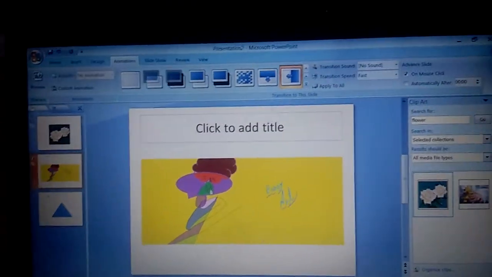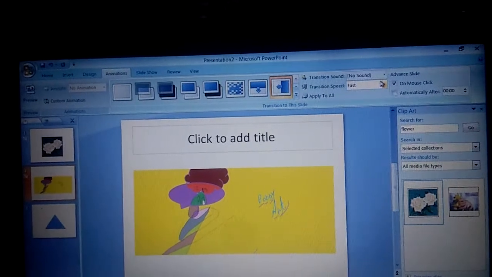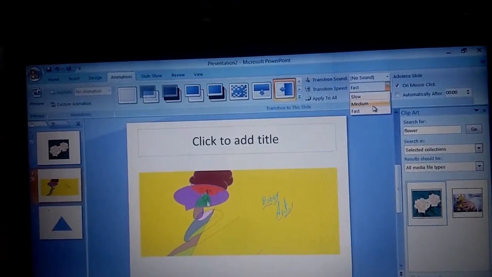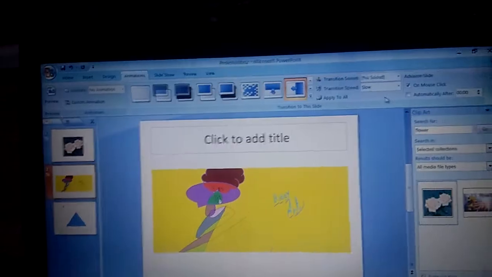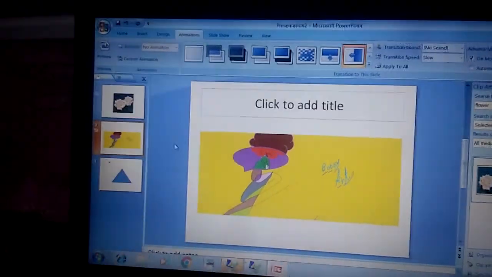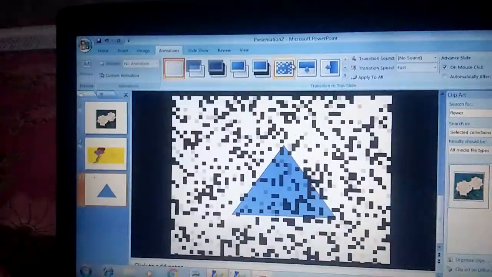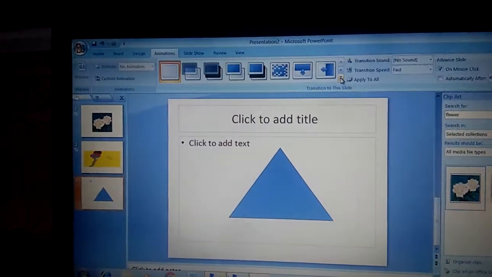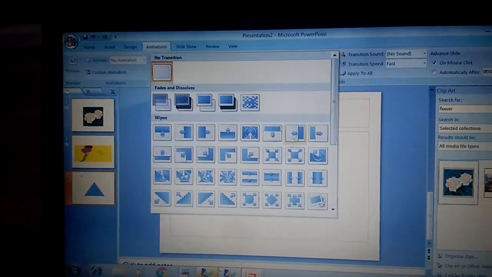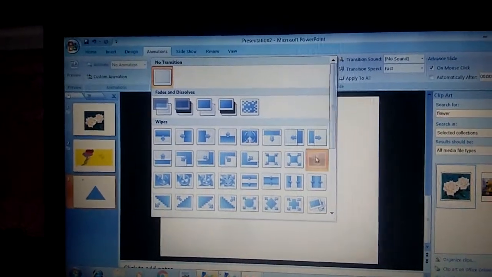Since this is so fast, you set it to normal, that means slow. Okay, and click on the next slide, and just select any one. If you want to select from multiple options, just click here and select it.